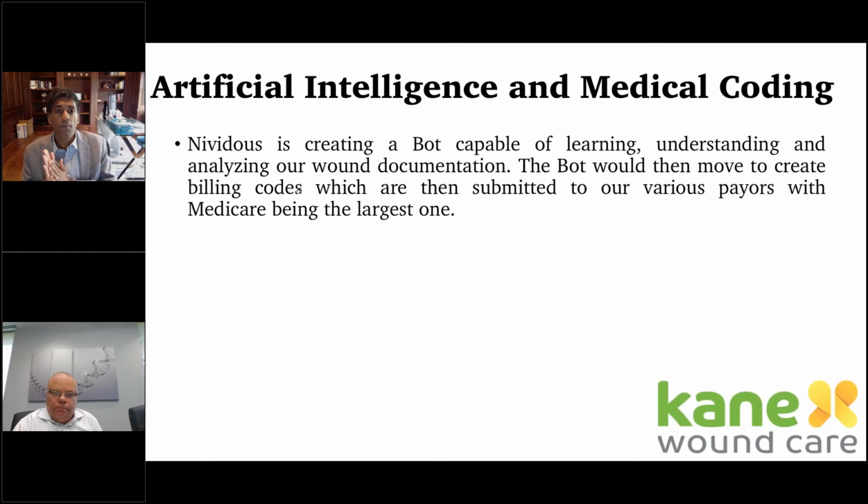So they're creating a bot that's capable of learning, and they've actually created this bot. This is how quick everybody moves. That's able to learn, understand, analyze our wound documentation. That's no easy feat. To give you an example,